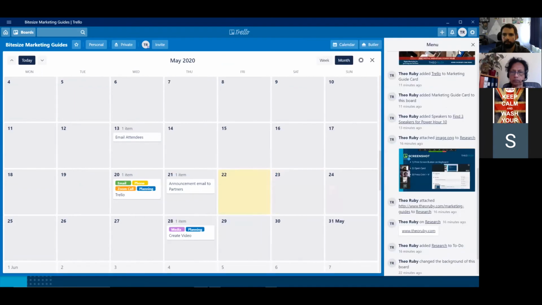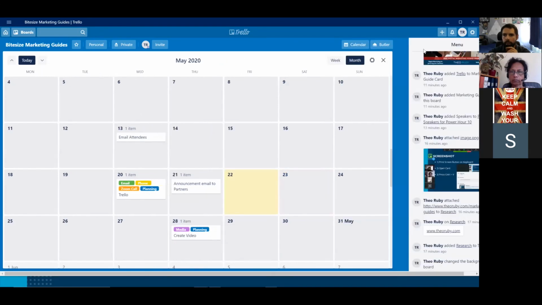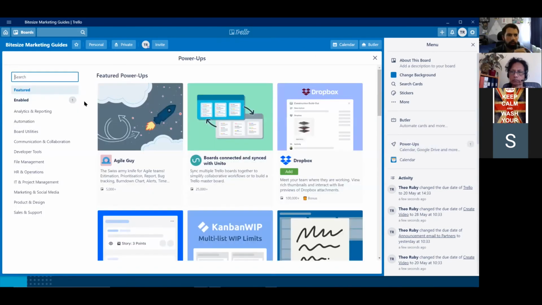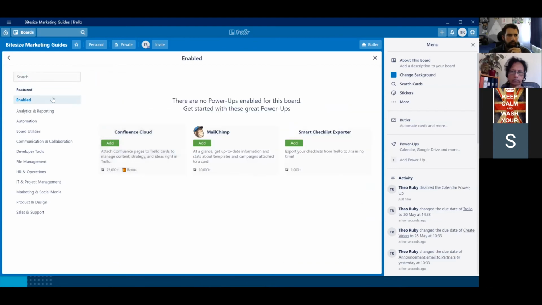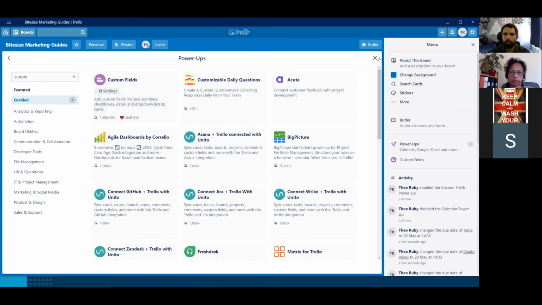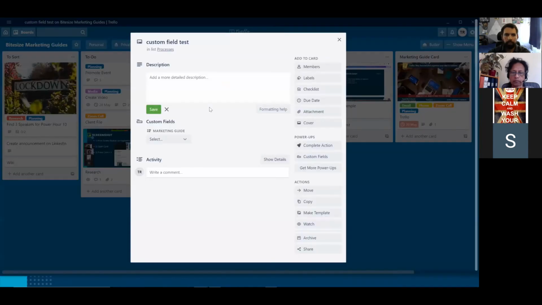Let's go back to Power-Ups. I'm just going to go back to the menu. If you go to your menu, you go to Power-Ups, then you only get one with the free version. So I'd have to disable the calendar, go to custom fields, and add that in. Now if I go back to my board, the calendar's gone for now. Similar to if you're doing any web design and you want custom fields, you can do that here. So you can create